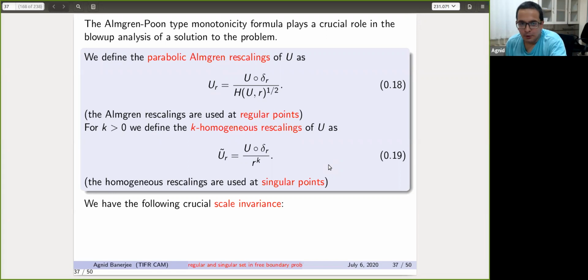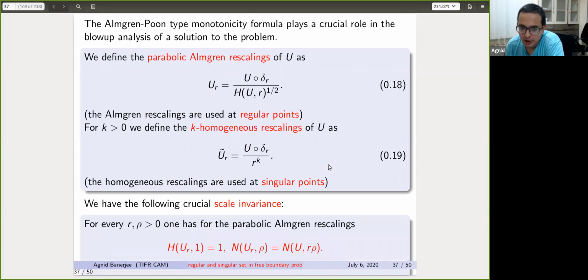Now, what you do is that if you take UR squared and multiply with the Gaussian and integrate by change of variable formula, you notice that h of UR of 1 equals 1. And now if you combine it with our regularity estimates, that gives you some compactness of the sequence UR as R goes to 0. And you see very clearly here why I was insisting that all our regularity estimates should only depend on the L2 norm of U, because that is the only information that you can fetch out of these rescalings. So we critically needed that.